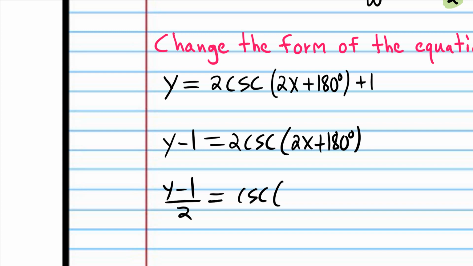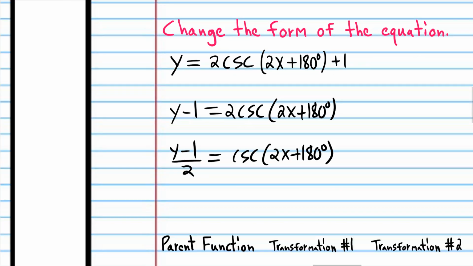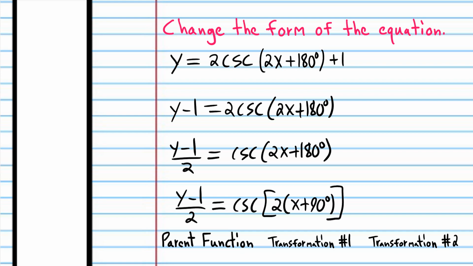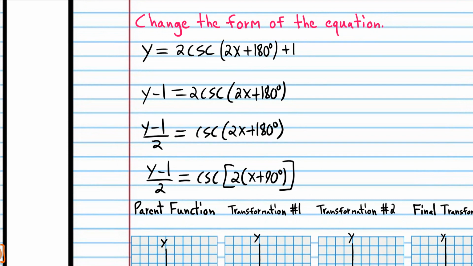And we do not have a reflection in this particular problem because this number is not negative. So now I'm going to factor out 2 from inside the function, and now the number actually gets smaller because you're factoring out a whole number. Now the cosecant curve,